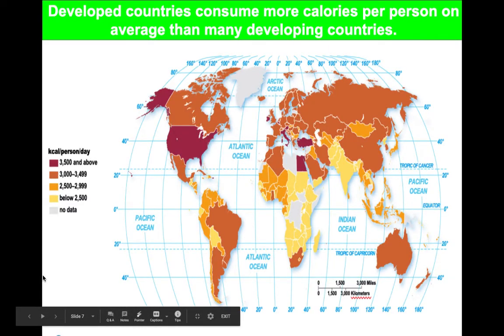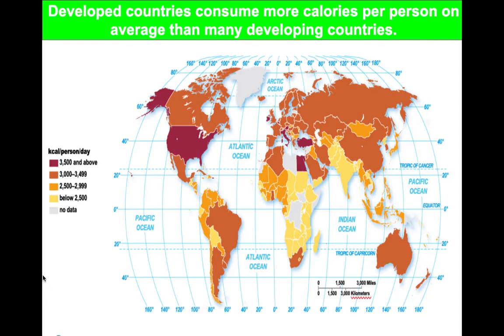Here's a look at the calories per person. When we look at calories per person, usually they look at kcals, again to maintain a moderate level of physical activity. On average, when we look at the kcals, we can see that clearly the United States is one of the largest consumers of kcals. The current figures show the world consumes about 2,900 kcals per